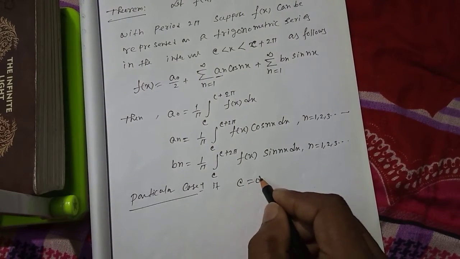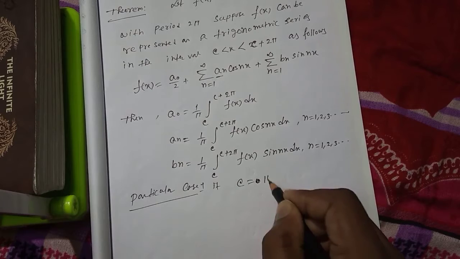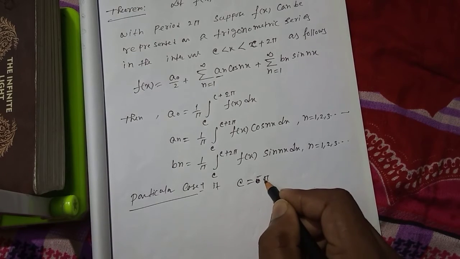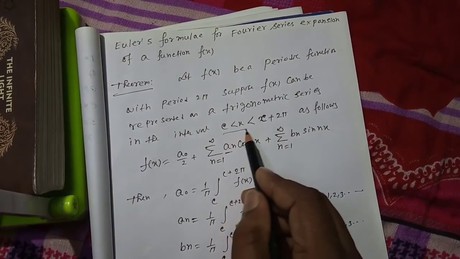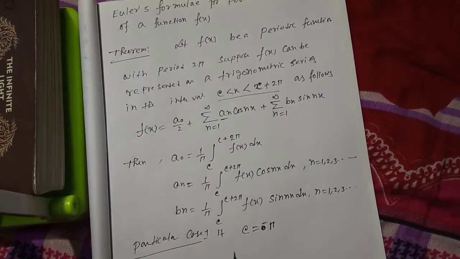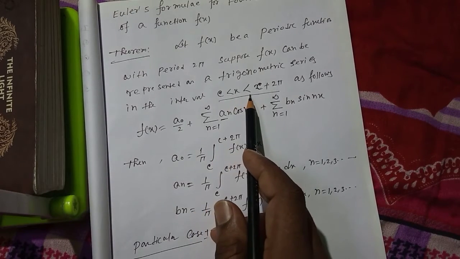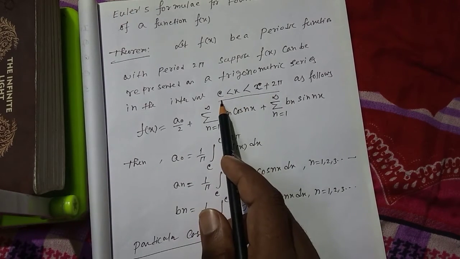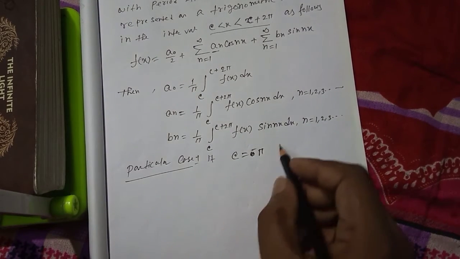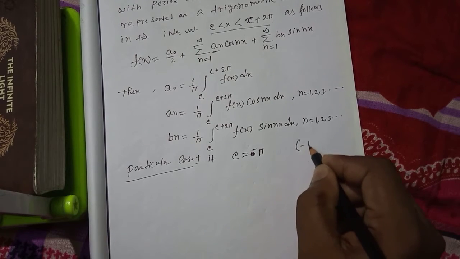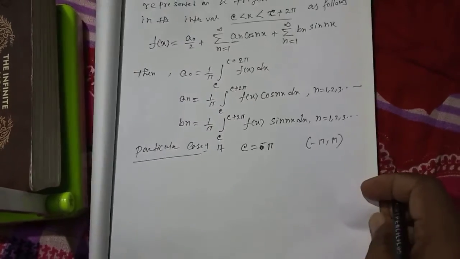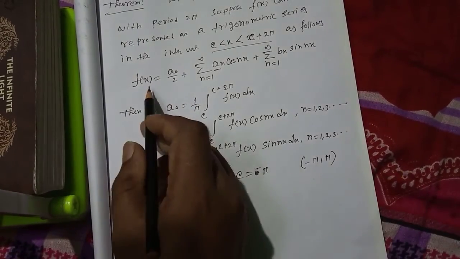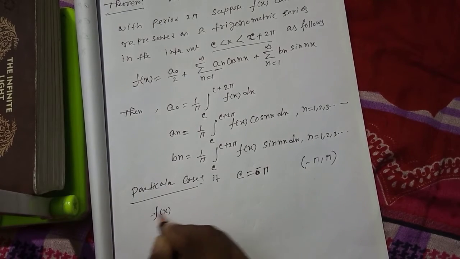If c is equal to minus pi, first we take minus pi, then 0. If c is equal to minus pi, then the range changes to minus pi less than x less than minus pi plus 2 pi, that is, minus pi less than x less than pi. If c is equal to minus pi, then the interval becomes minus pi to pi. And then the above series is given by f(x) is equal to